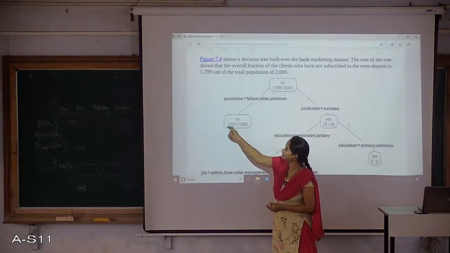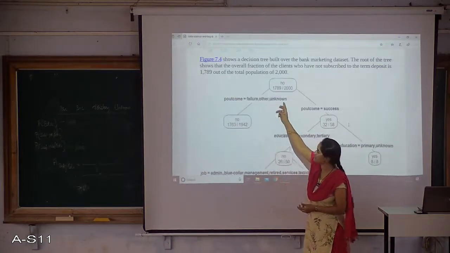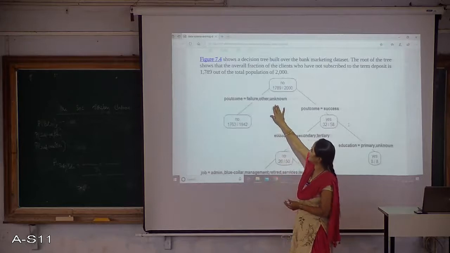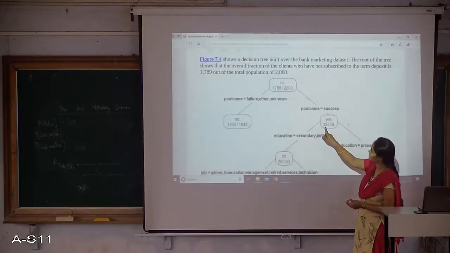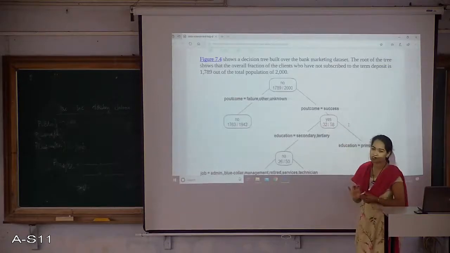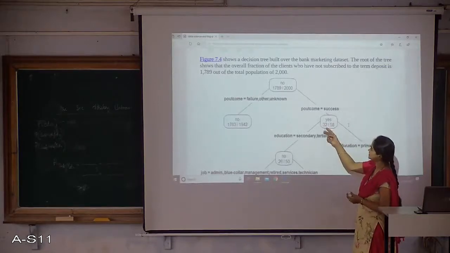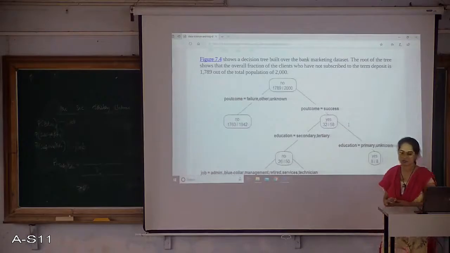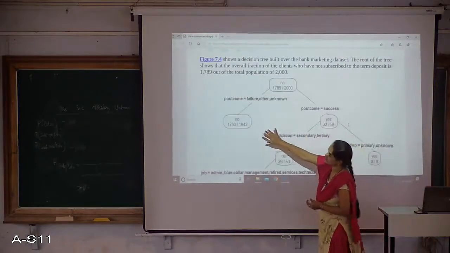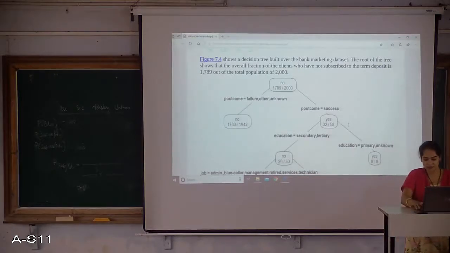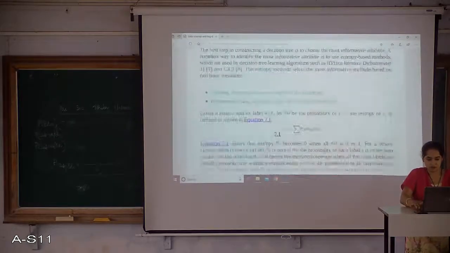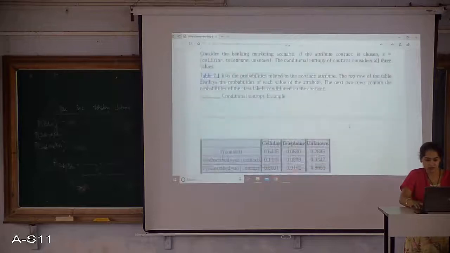These many are no with the condition that the outcome is this. If the outcome is success, there are only 58 entries falling into S cases, and the others are no cases. Just try to remember these figures, right? We are going to use the same values here for calculating this K value, right?